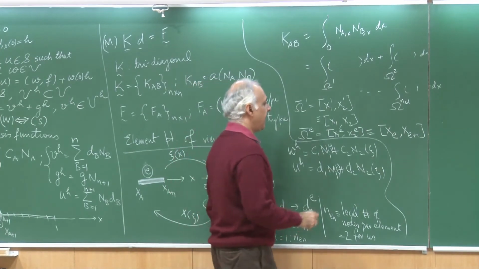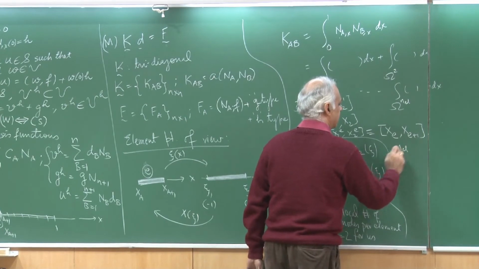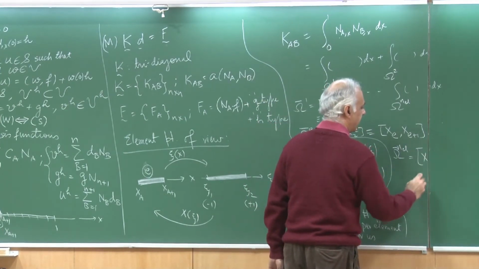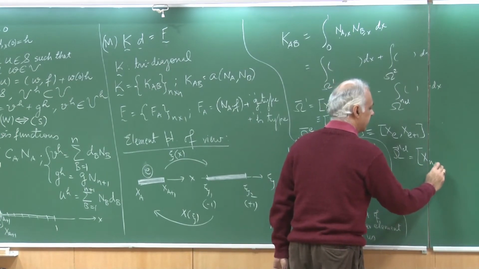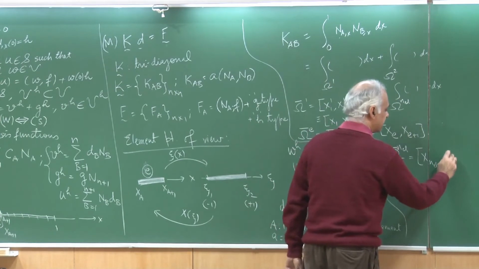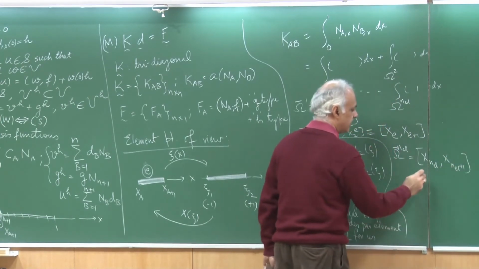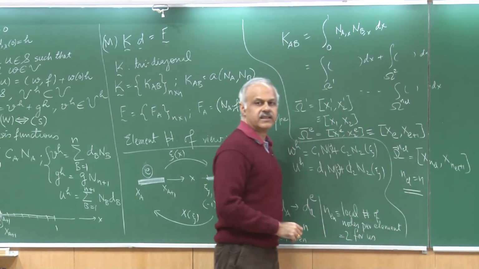And likewise, the last element, this domain would be x, where the first node would be NEL and the last one is NEL plus 1, which actually you know that NEL is equal to n in this particular case.